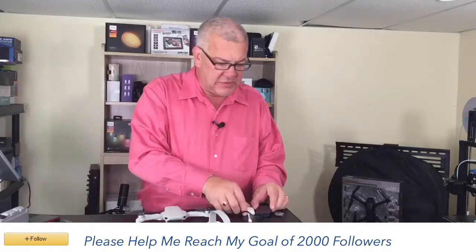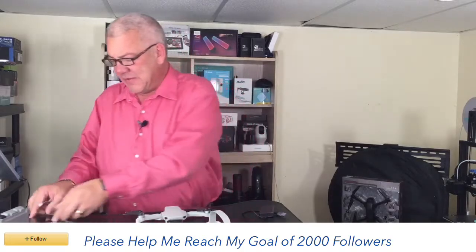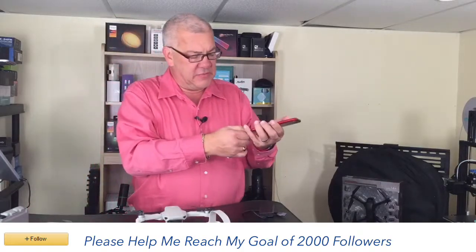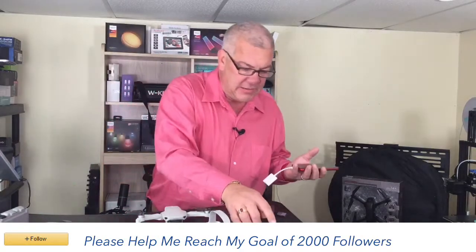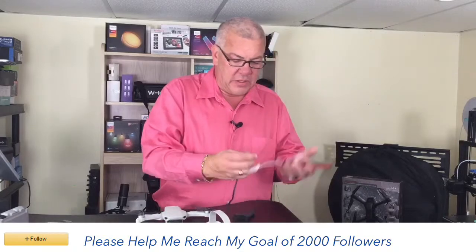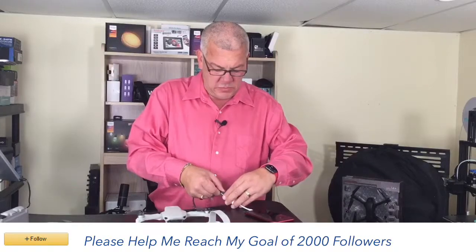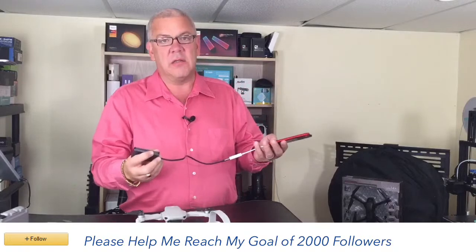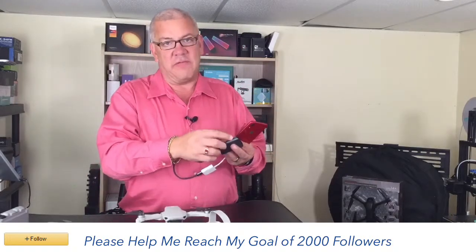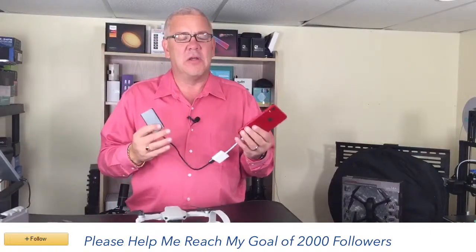But what I like to do is I have this Apple Lightning adapter. This works for iPhones, and this allows me to plug this into my phone, okay, and then take this 5-in-1 SD card reader, plug this in. Oh, only goes one way, right? And then I can take my SD card or even a flash drive and plug this in to my phone and directly download from here to my phone. It's a lot faster. So if you're looking for speed,